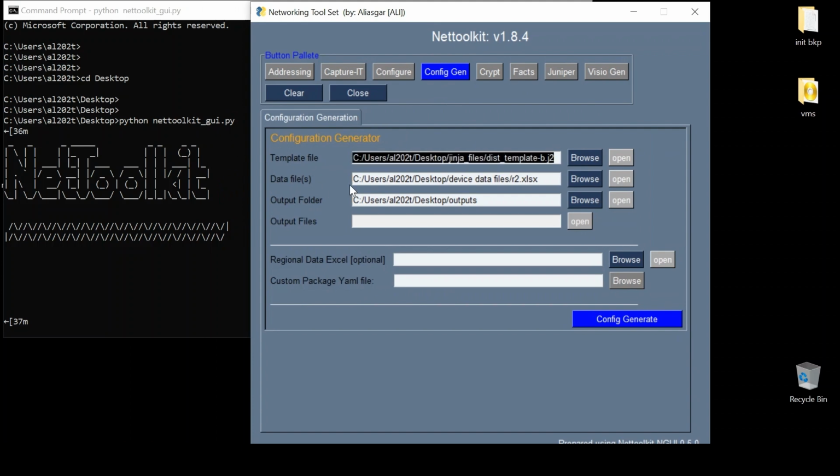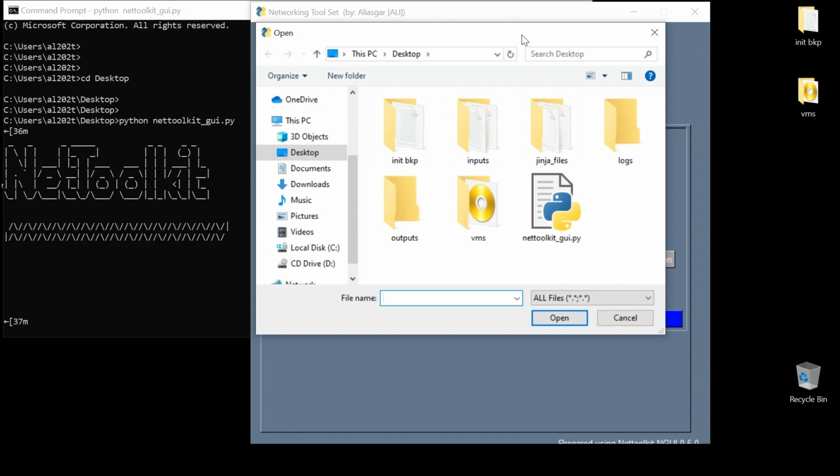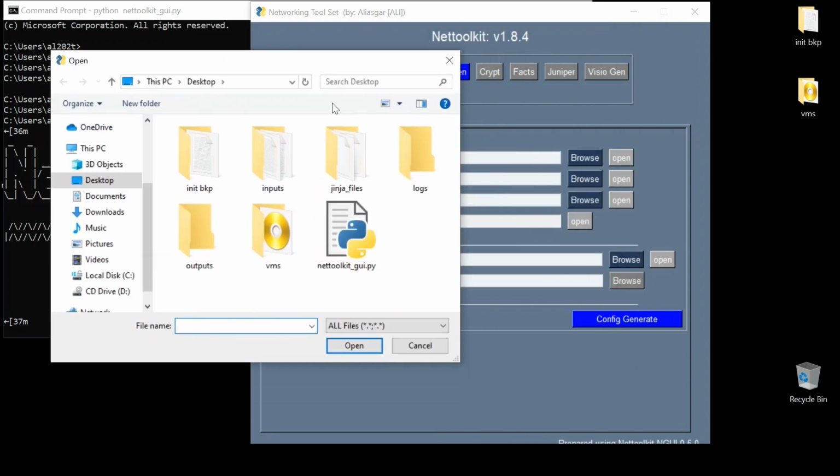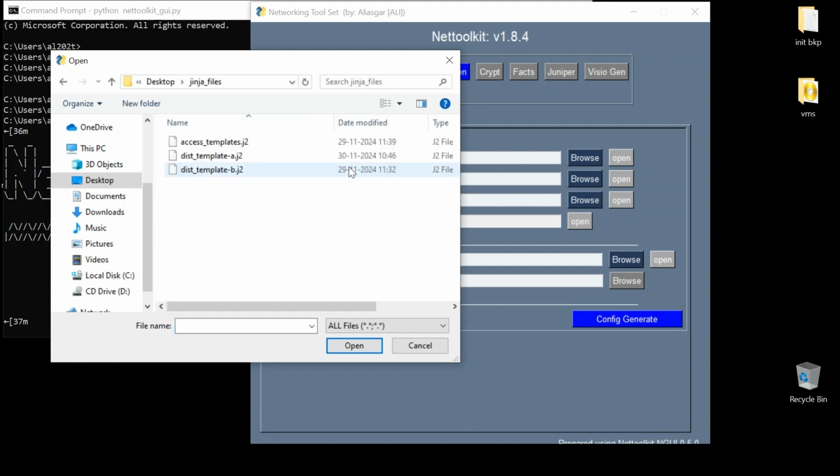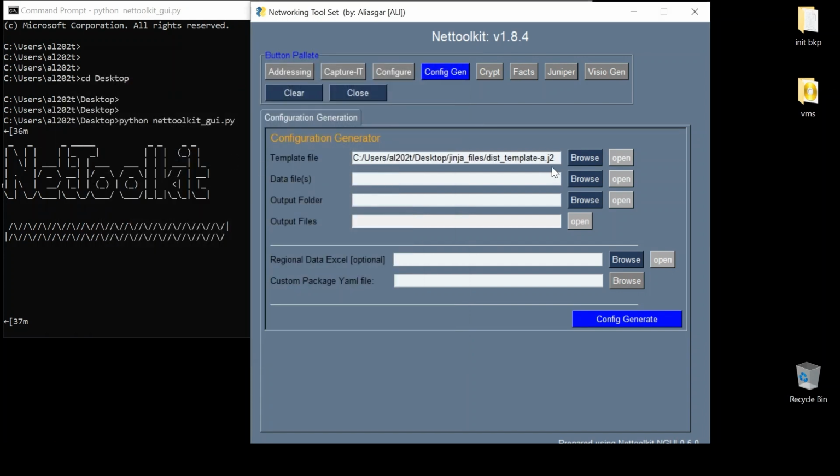Let me delete whatever is there from the previous run. What we are going to do here: we have fields like template file and data file. If you remember, we have put the template files in the Jinja folder. We are selecting the template file first. Templates are stored under this Jinja. Let's first create the Jinja template for a device. I'm selecting the distribution template A, and for that particular device we can select multiple data files, but